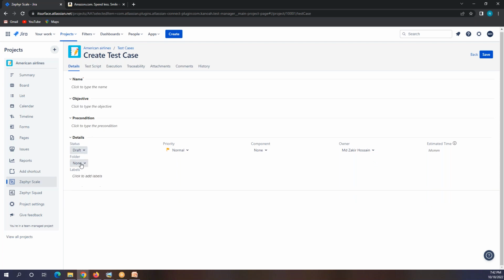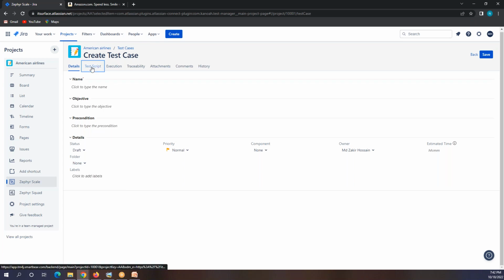Some details: the status, usually we put that in draft because we are creating it. Then priority normal, component is nothing here, owner, who created this one, estimated time, folder. Right now we don't have any folder, but different features will have different folders. For that we can select folders here. If you want, you can also create a folder here in Zephyr Scale.